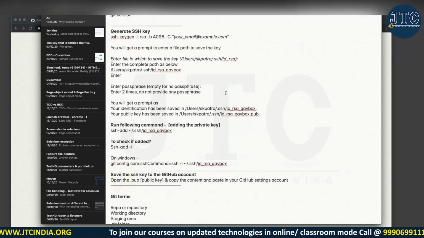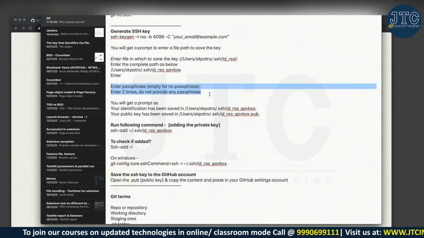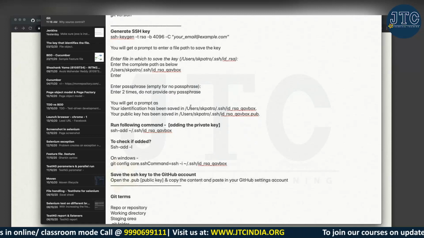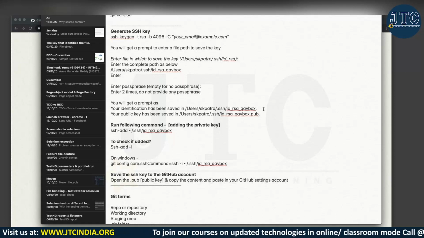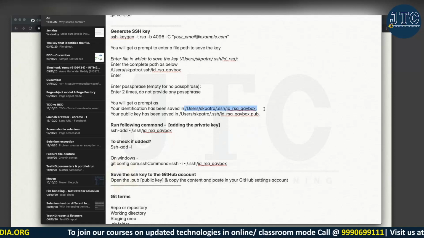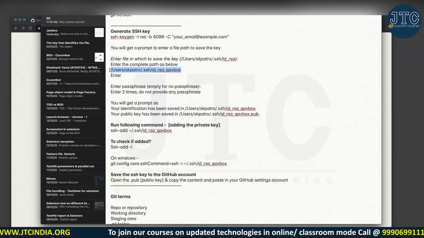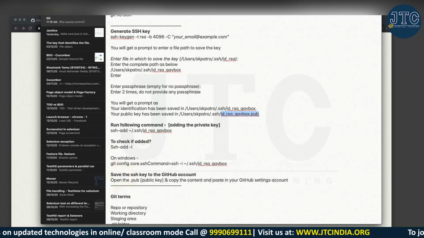Fine. Now, after you confirm the password, which I'm suggesting to leave blank, you will again get a prompt. It will say that your identification has been saved into this location. What is this location? This location is the one you already provided. So it is just giving you a confirmation that, hey boss, the key is already generated and saved into this particular file. Okay. Now there is another file you can see which we didn't even add, and the extension is .pub.